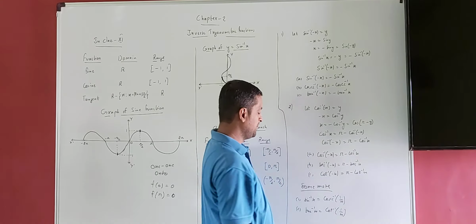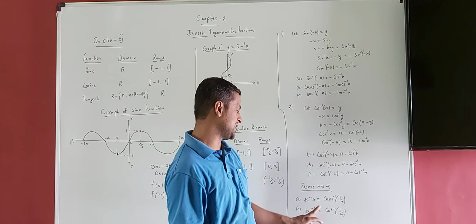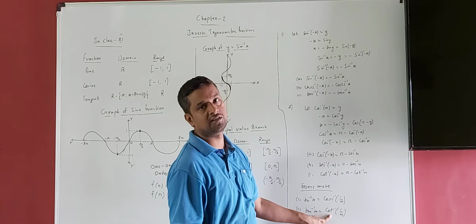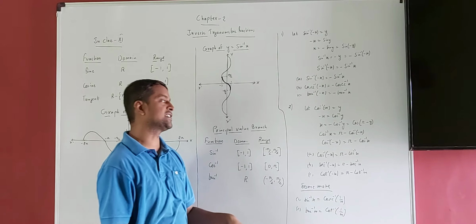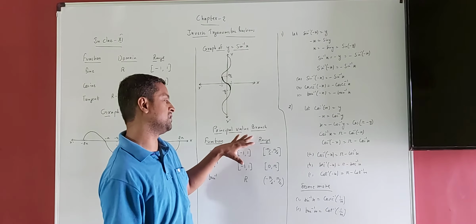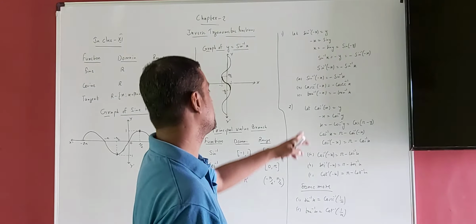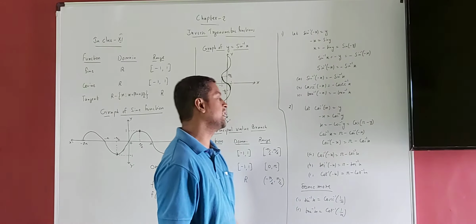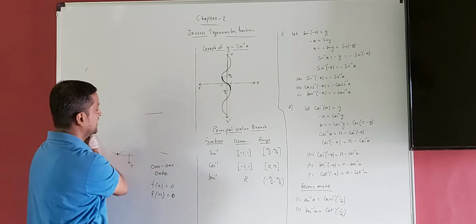So the next three identities and some more important formulas. Sin inverse of x equal to cosec inverse of 1 by x. Tan inverse of x equals cot inverse of 1 by x. Now how to use this data to solve the problems? In the next video we will discuss that. I am solving two to three questions to show how to use this particular data. And you can try to complete the first exercise on your own very easily.